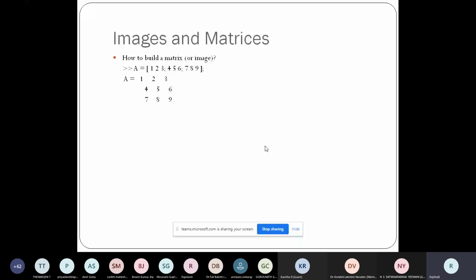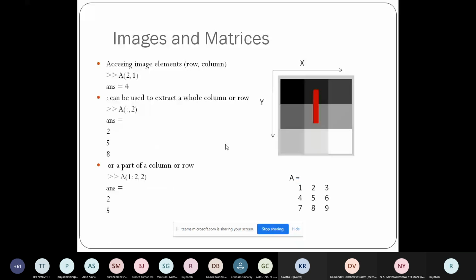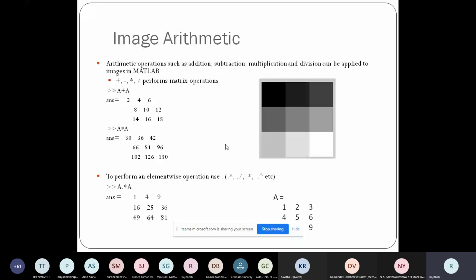Now this is how a matrix is stored. In MATLAB, you have a very good way to represent matrices, because in general, if I have to create an array like this of 3 cross 3, I have to write the code in the command prompt. Let me show that first.